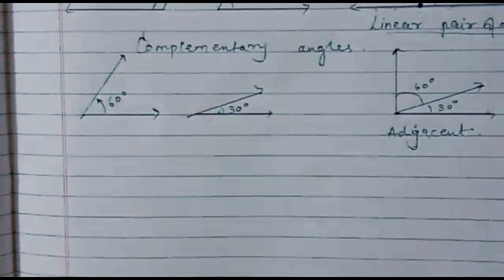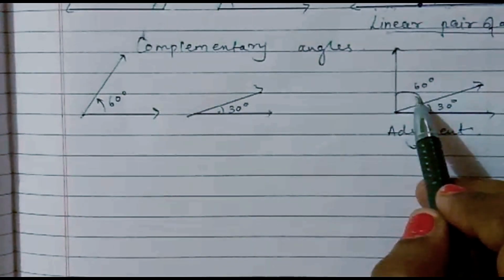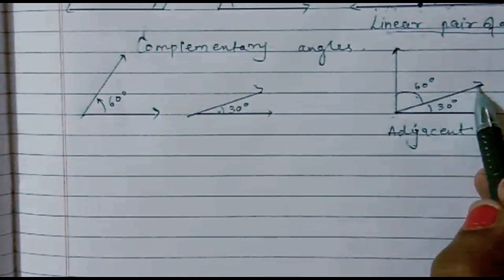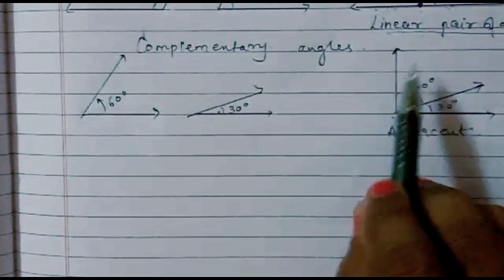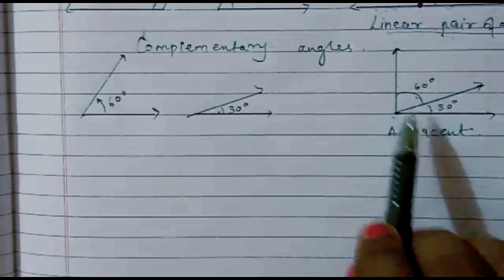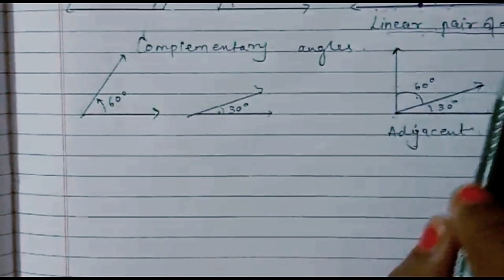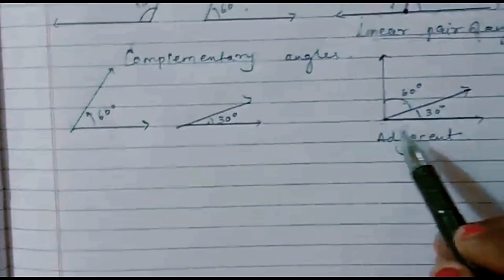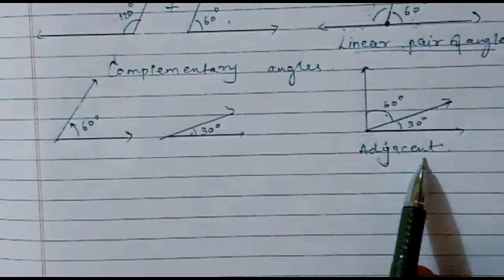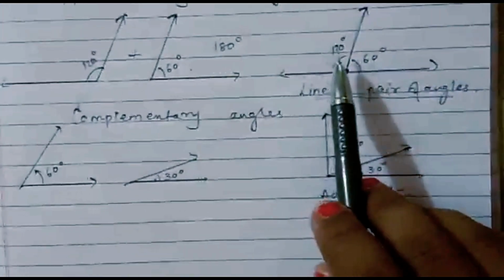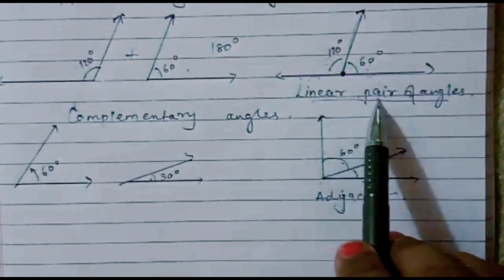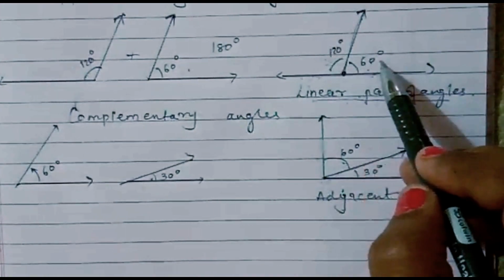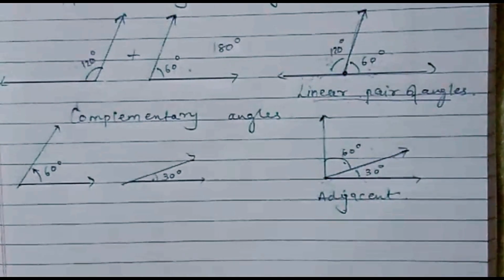The definition of adjacent angles is two angles having a common vertex and one arm common, okay? And we are not saying, as I told you for a linear pair, that the second arms are in opposite directions. The only condition is that two angles having a common vertex and a common arm are called adjacent angles. So in one way I can say linear pairs of angles are also adjacent angles because these two angles also have a common arm.